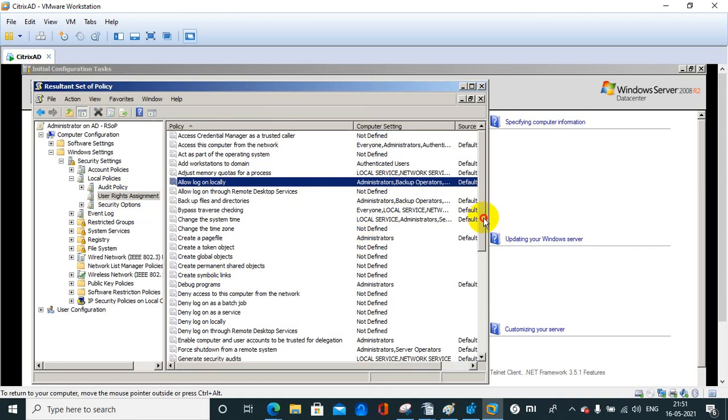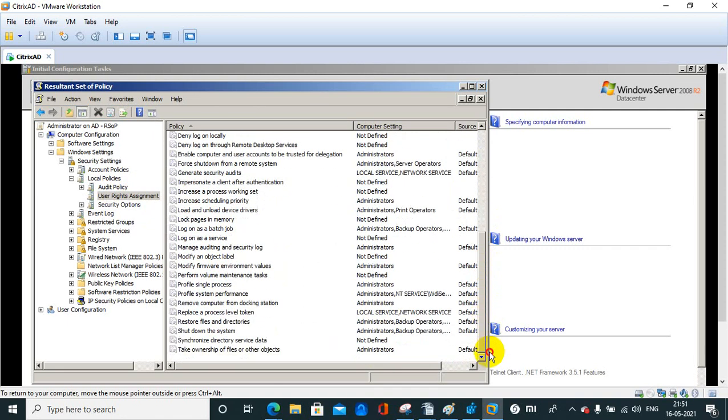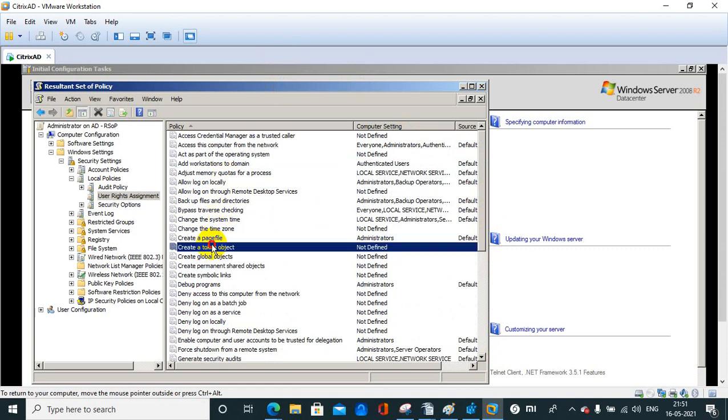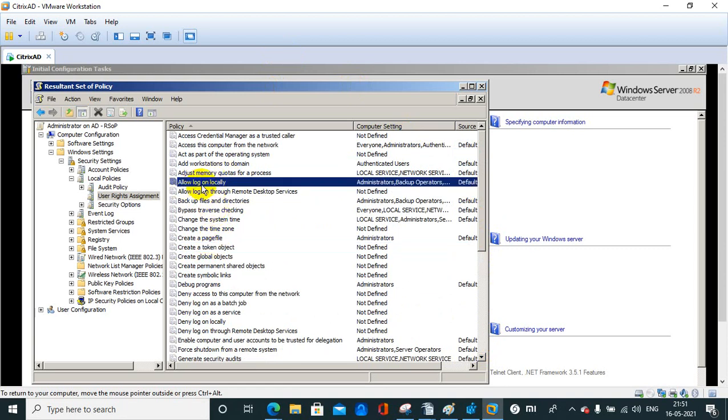But in that case, you need to check those policies and take help from the Windows team, because you can only check the policies, but you don't have the rights to make any changes on the Windows policy. From here you can check the policies like page file, Windows log on locally.